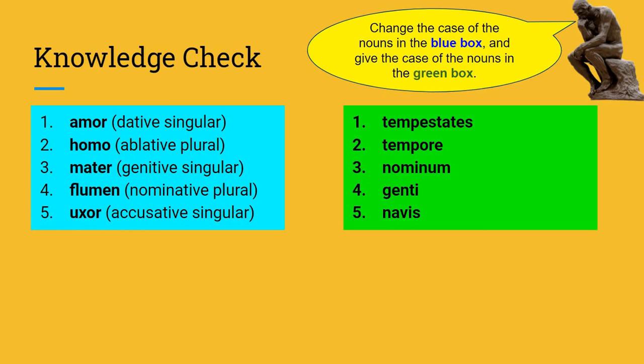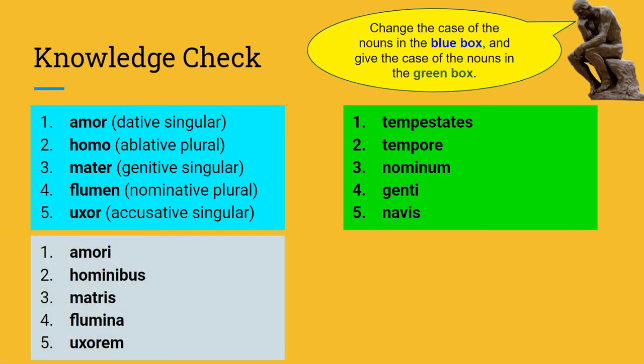Okay, so amor in the dative singular will be amori. Homo, man, in the ablative plural will be hominibus. Mater, mother, in the genitive singular will be matris. Flumen, in the nominative plural, will be flumina, as it's neuter, and uxor, wife, in the accusative singular, will be uxorem. As for the nouns in the green box,